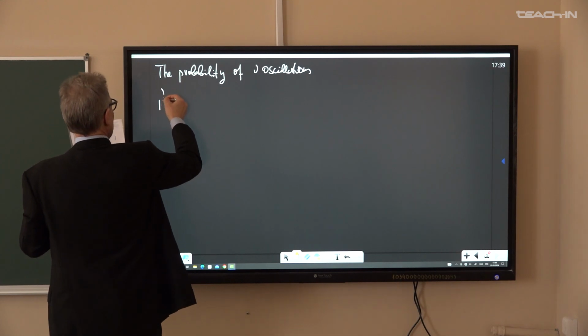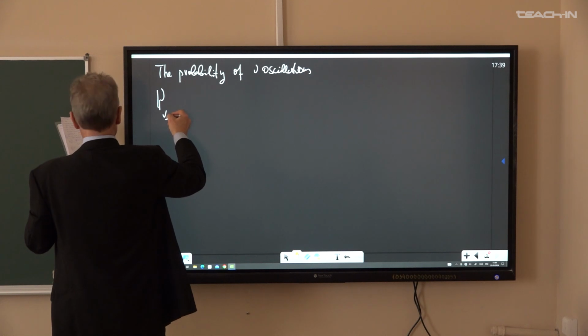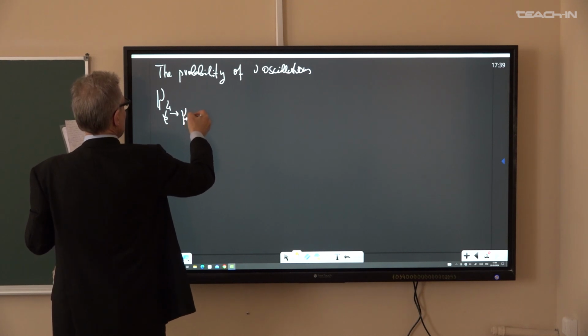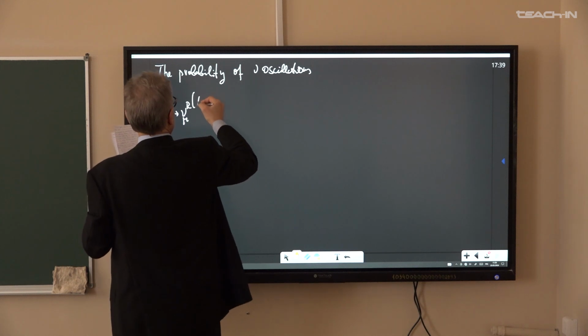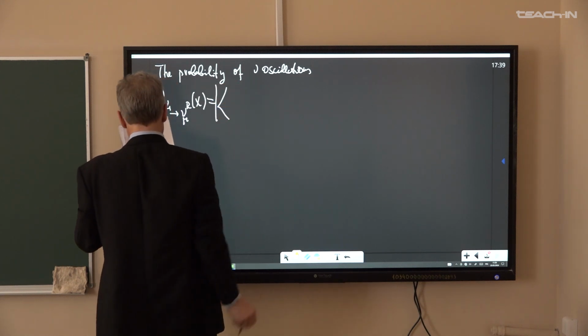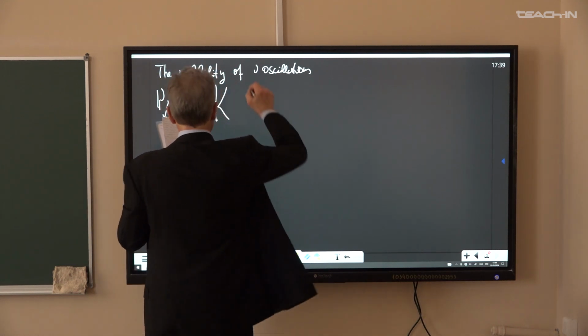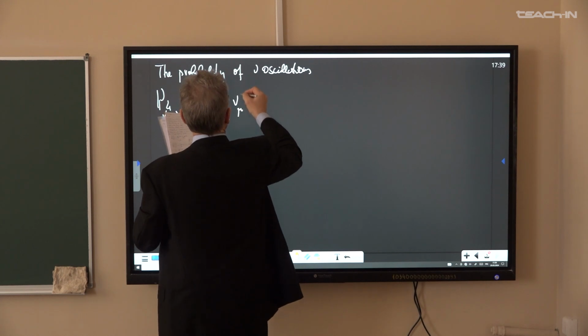The probability of neutrino electron left to neutrino muon right as a function of x equals the squared matrix element of the neutrino muon right state